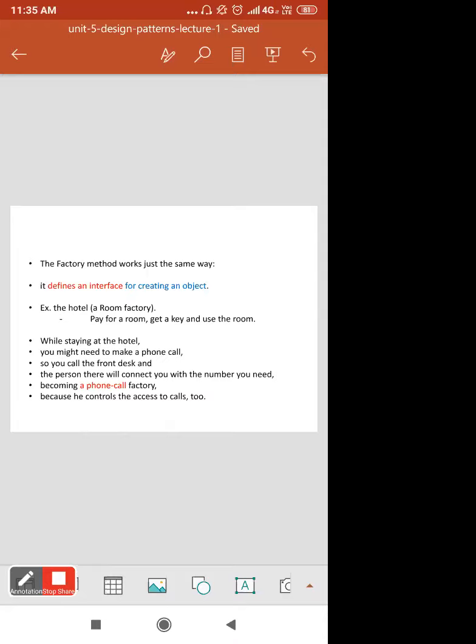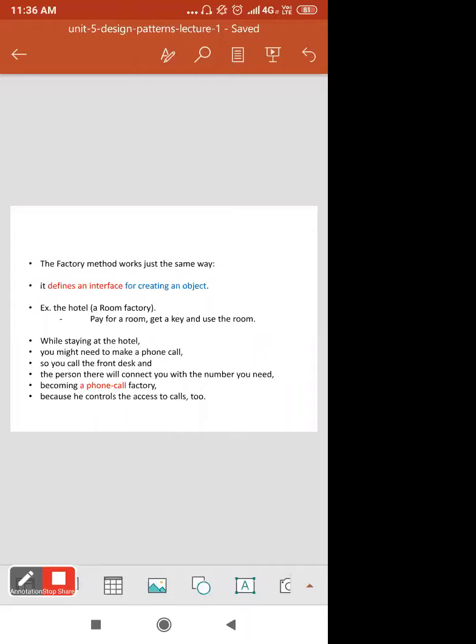So you call the front desk, and the person there will connect you with the number you need. So he becomes a phone call factory because he controls the access to calls. On a single call you are going to get the services.